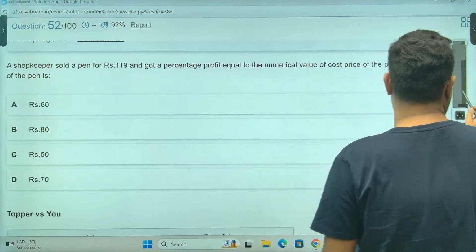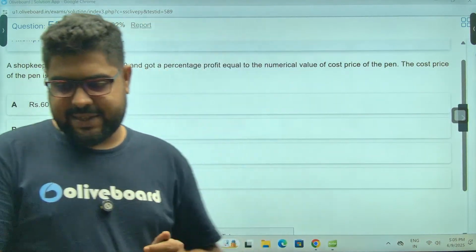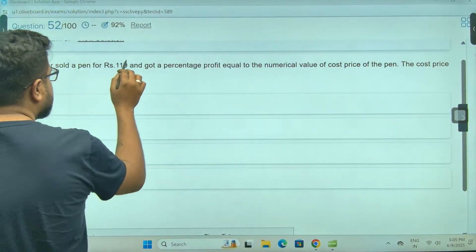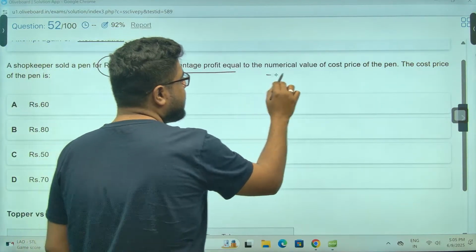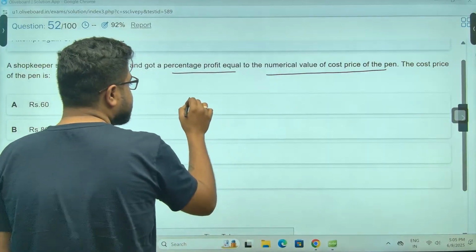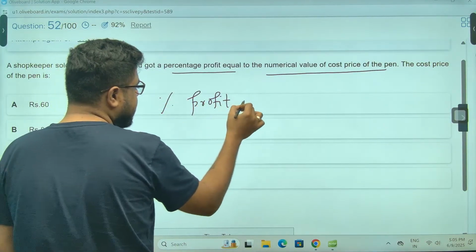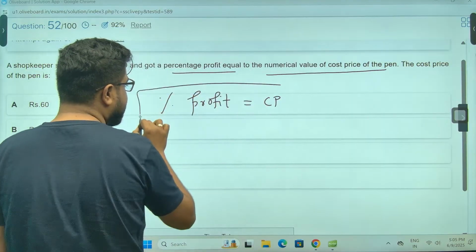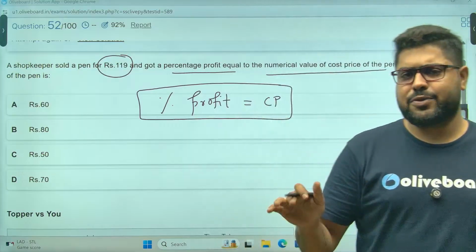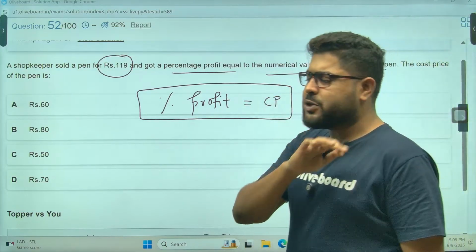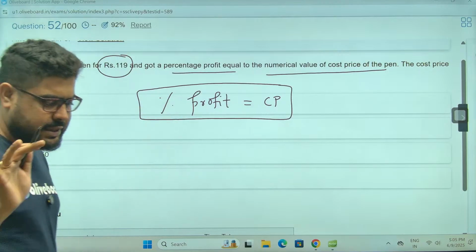Acha. Next question. This is your second question. Now again, a shopkeeper sold a pen for this and got a percentage profit equal to the numerical value of cost price. Acha. Percentage profit is equal to CP; only the numerical values are the same. Whenever you see this, there's a good technique. You can do it normally, but let me show you one technique. You see, always in those situations, mostly you will get just,